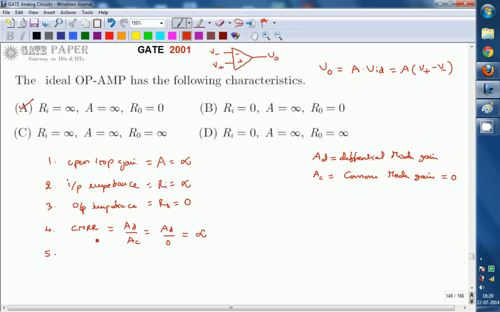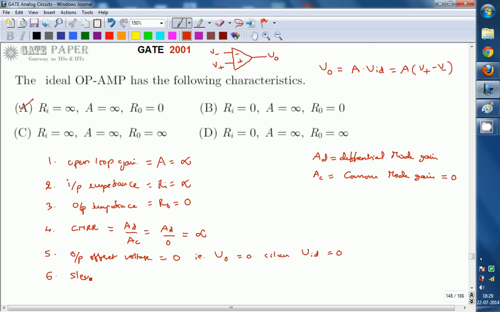Fifth one, offset voltage, output offset voltage. Output offset voltage should be 0. That is, there should not be any output whenever you apply 0 input. So the meaning is that output must be 0 when no input is given. If VID is 0, at that time V0 must be 0. That is 0 output for 0 input. Okay, so next,